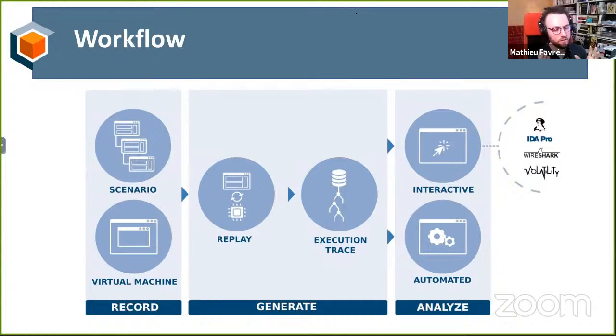And last but not least, we realized that REVEN is one tool in the toolbox, and it helps you get some answers, but not everything. There are other tools, of course: IDA and WinDbg for those of you on Windows, or Wireshark when you're talking about network, Volatility, other tools like that that are super interesting and provide a lot of features. We made sure that when it makes sense, we can integrate with those tools. So you can sync IDA, you can connect WinDbg to a trace, we'll see that. So you can exploit these tools' features on top of a trace. Okay, so that's the whole workflow